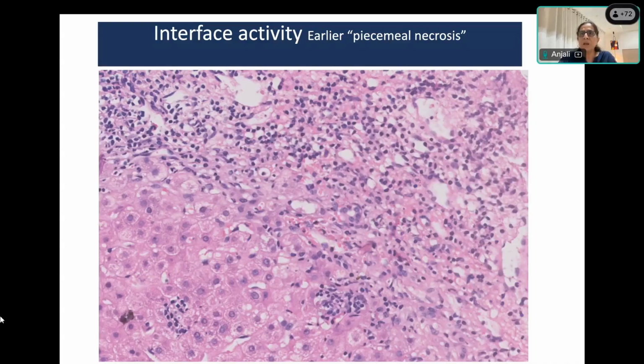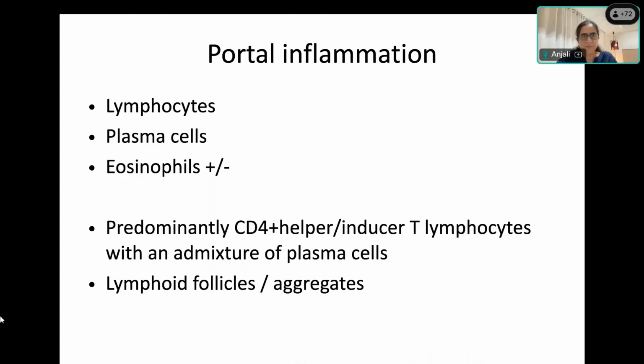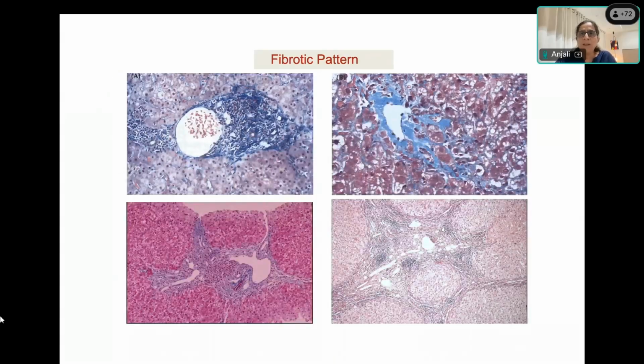Here you can see necrosis. You can see one by one hepatocytes which show necrotic changes, that loss of nuclei, etc. And then you can see inflammatory cells which are going outside into liver parenchyma, and interface activity. And these inflammatory cells are predominantly lymphocytes. You have variable amounts of plasma cells. Occasionally, you can get eosinophils within portal area. Now, these patients of chronic hepatitis progress to various types of fibrosis. So this is one type of fibrosis.